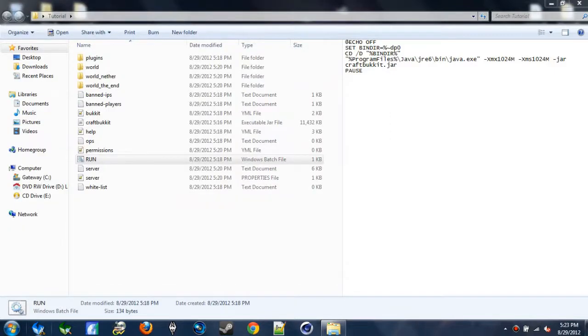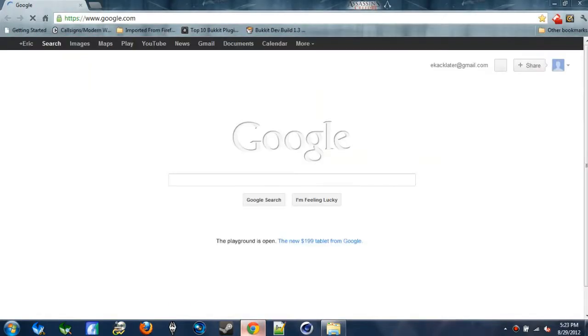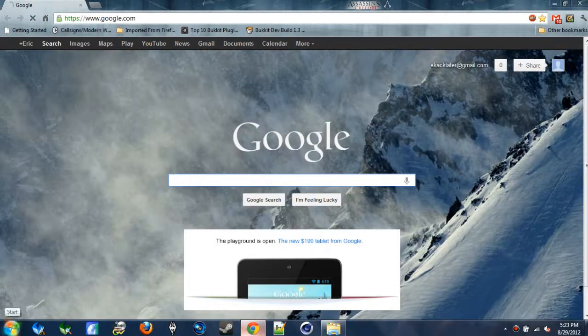So you would just X that out, minimize this, and open up your browser. And you are going to enter your default gateway address, and that can simply be found, oh sorry, that's my